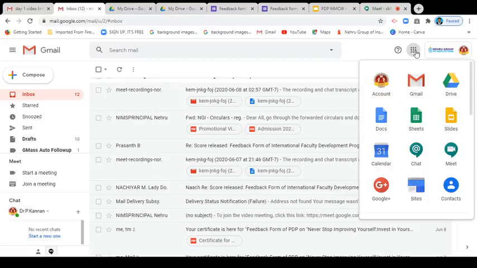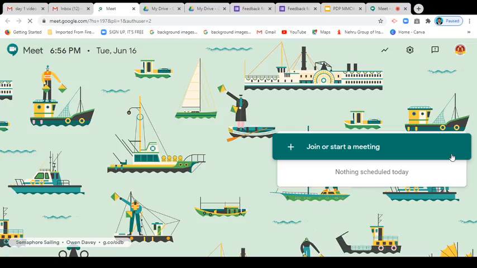Click it, and automatically you can see Meet. Click this Meet icon, and automatically the Google Meet page opens.